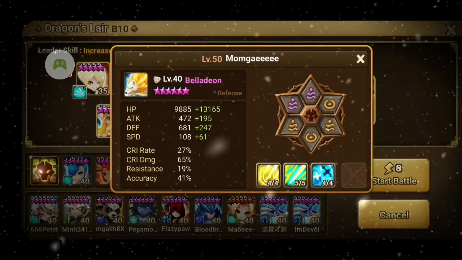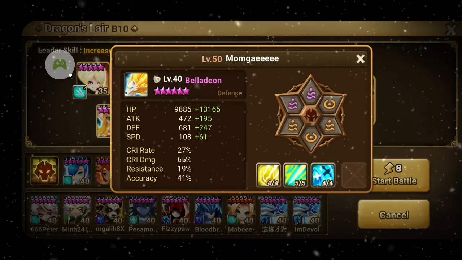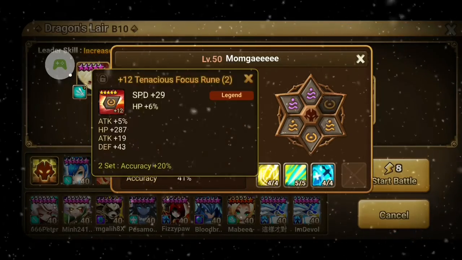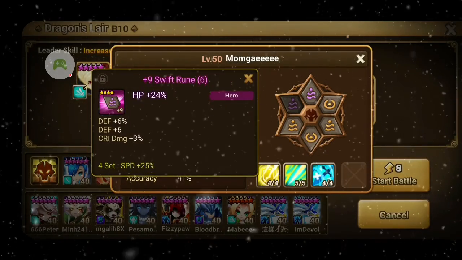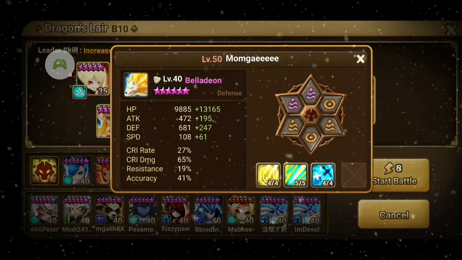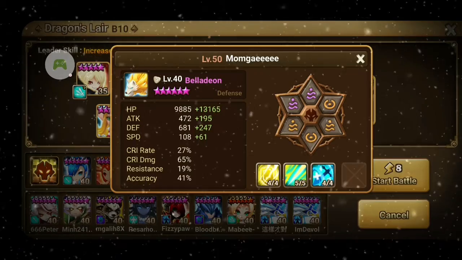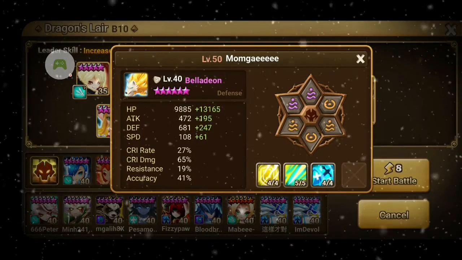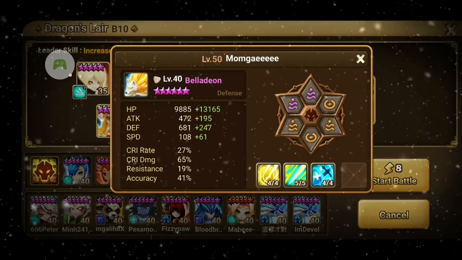Finally, Belladien, I'm not going to emphasize too much on his runes. Just remember Swift Focus, or Swift Energy, Speed, HP, or Swift HP Accuracy. To make sure Belladien is nice and tanky, nice and fast, and Belladien needs at least 160 to 170 to make sure he is slightly faster than